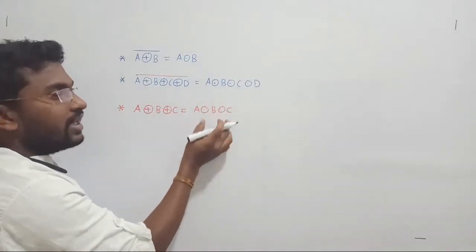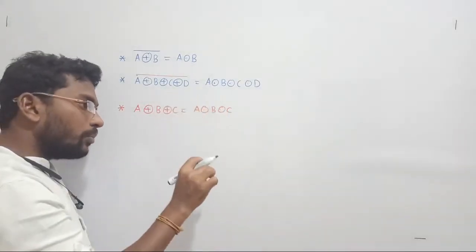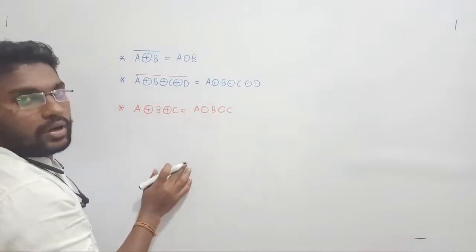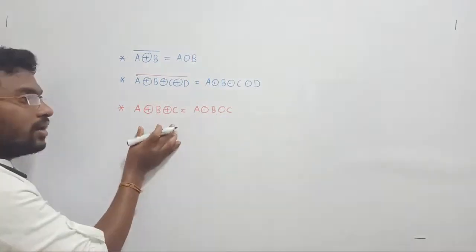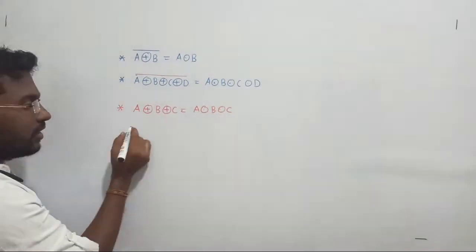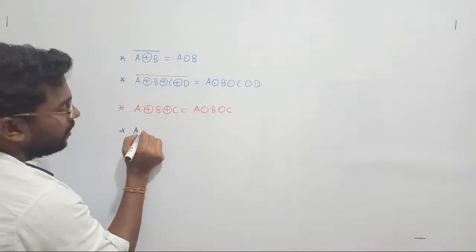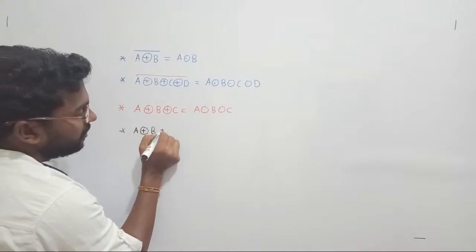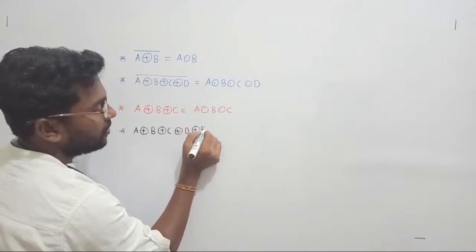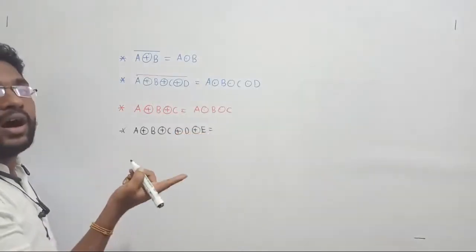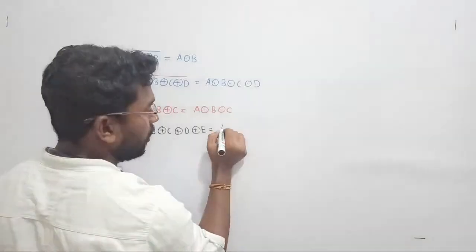Or I can say, in the case of XNOR gate, if your input has 3 inputs, then XNOR and XOR are going to perform the same operation. Clear? Suppose I consider A XOR B XOR C XOR D XOR E, how many inputs are there? 5. Is it odd or not? Yes, odd. In case of odd number of inputs,